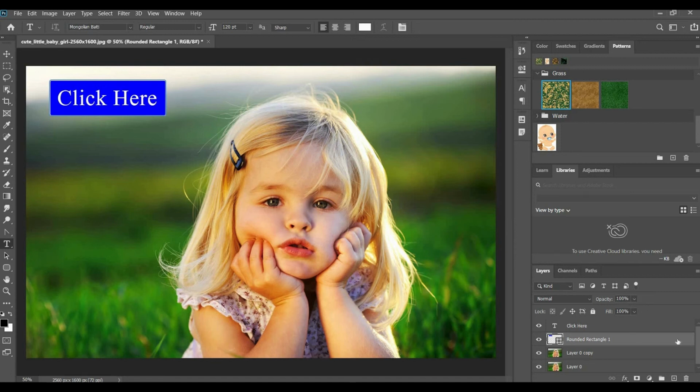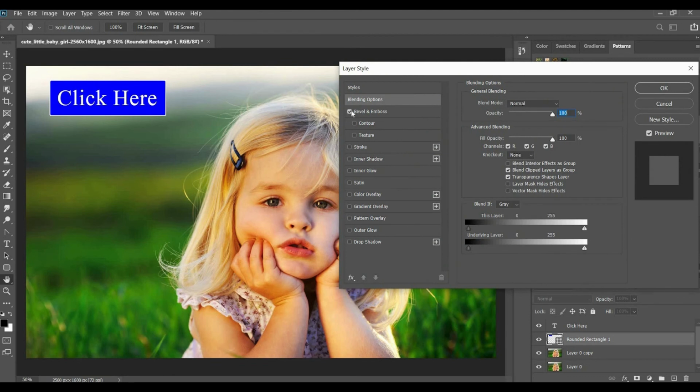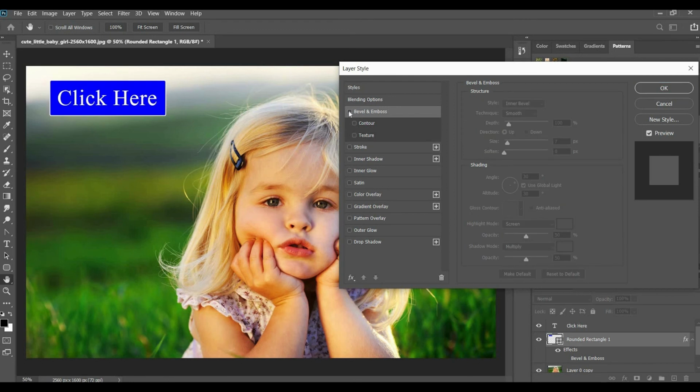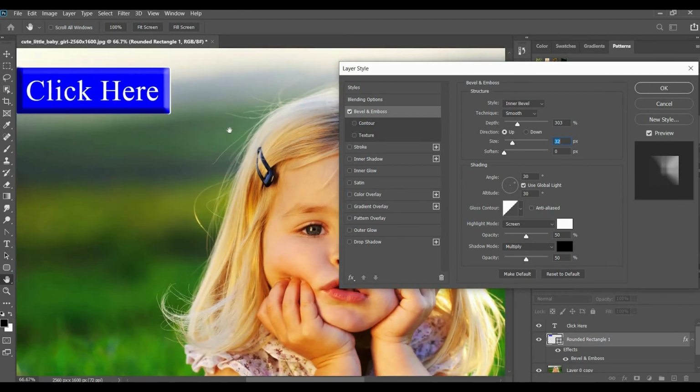So here just double click, click on bevel and emboss. Okay, if we click on this checkbox, the option will be implemented here. If we click on the name, the other options will be shown. We can use the size like this. You can notice the changes here.